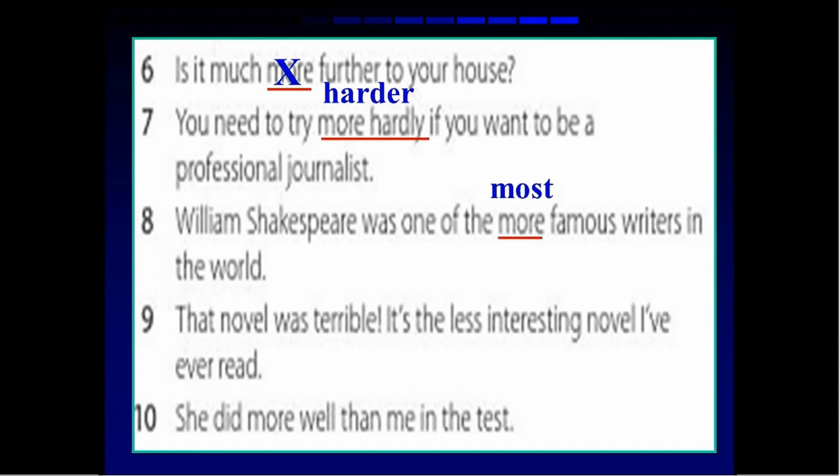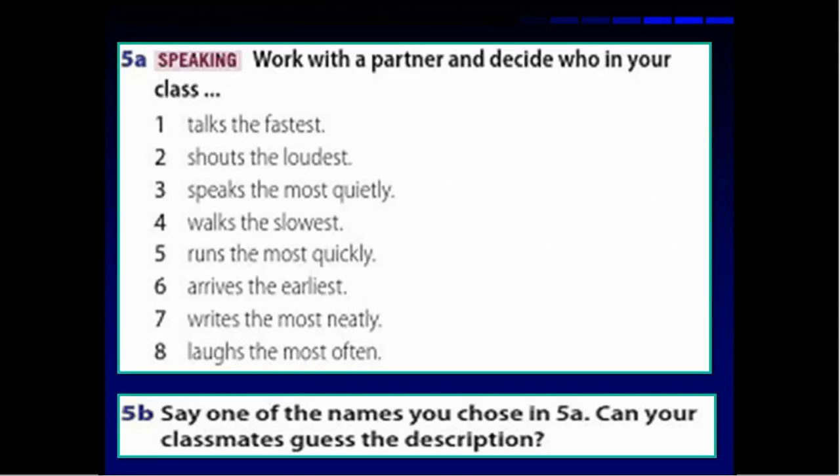Number 9. What about my mistake? Yes, less. Because we have that, no need to write less here. It will be least. Number 10. Yes, right. More well is not correct. The correct answer is better because we have that. Right. Work with a partner and decide who in your class talks the fastest, shouts the loudest, speaks the most